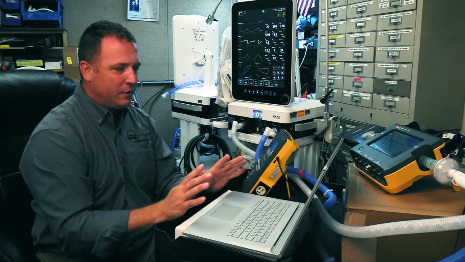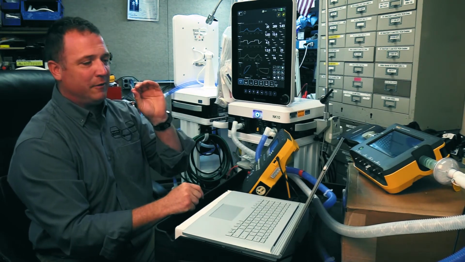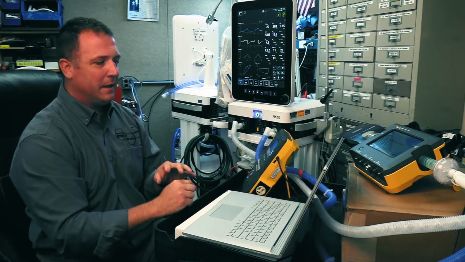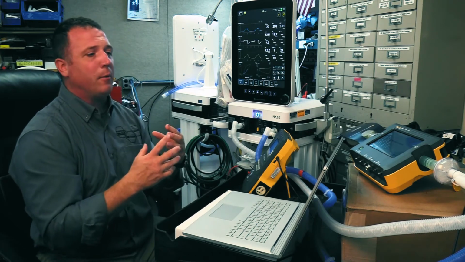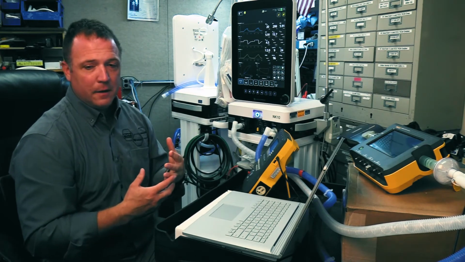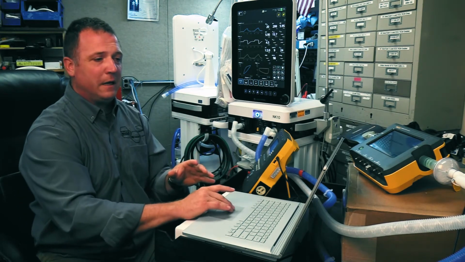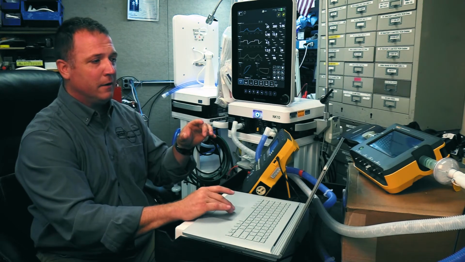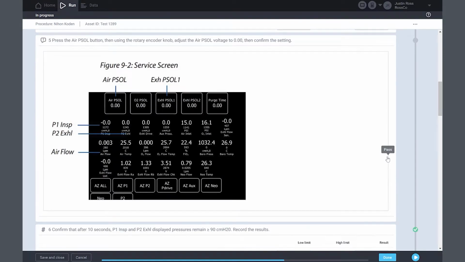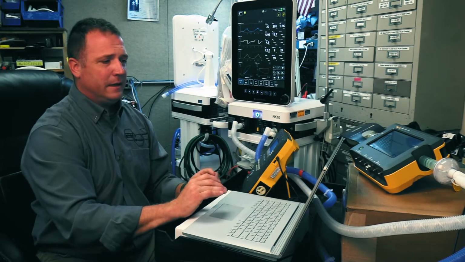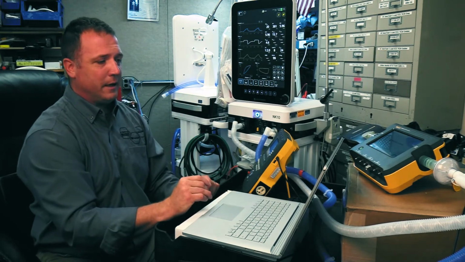And again, the beauty of 1QA is I didn't have to know which port to connect it to. 1QA told me which port to connect to. I didn't have to worry about which settings. 1QA took care of it for me. Everything was done. It walked me right through it. And if I still had questions, if I still had a part where my technician was tripping up, I can always take pictures and insert the pictures into it. You saw that at the very beginning where we took a picture of our ventilator and stuck it into the work order, so we knew exactly which ventilator we were working on today. It's beautiful. Hints, notes, things that you might need to take, all that can be inserted into 1QA.